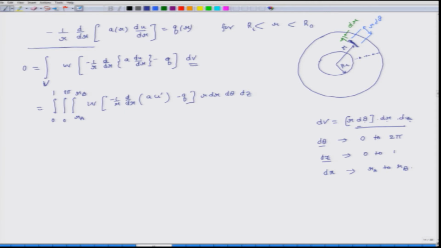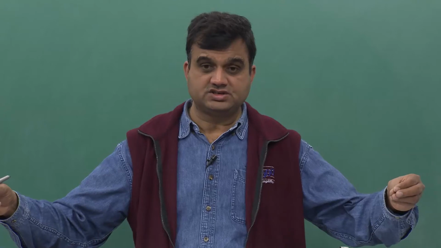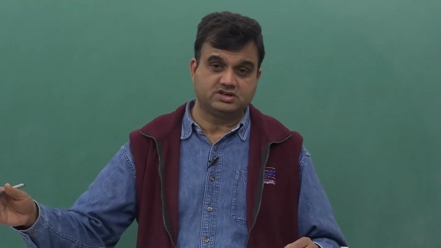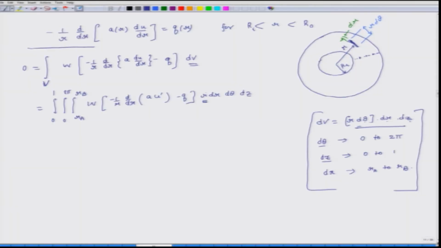I have this extra r term because of this geometry, and this is how, for the cylindrical geometry which is radially symmetric, when we do this weak formulation, this extra r term comes. If we had done it for a Cartesian system, it would have been just dx times dy times dz, so this extra dimension does not come there. That is why I wanted to cover this: for a cylindrical system which is radially symmetric, we have this type of formulation.